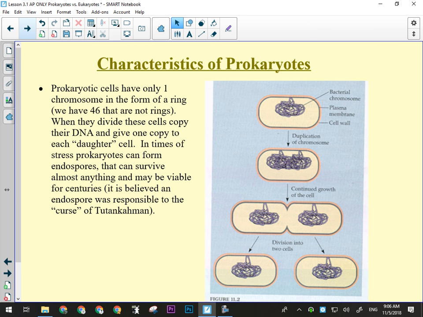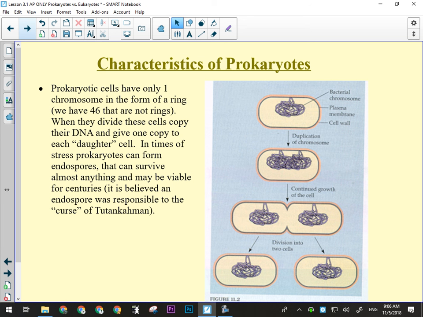Okay, and we've seen this diagram before. Prokaryotic cells only have one chromosome. You and I have 46, okay? But a prokaryotic organism will have one chromosome and it's shaped like a ring. It's shaped like a ring when they're dividing. When it's not dividing, it's just like ours. It's snarled everywhere, okay? So when they divide, they have to copy that DNA